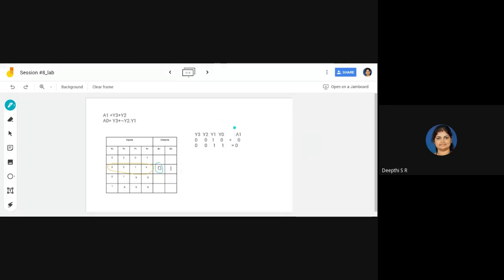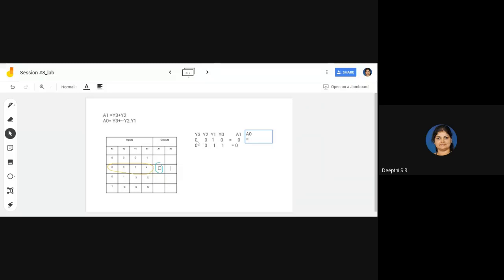Okay, we'll try with A0. So what is A0 now? See the equation here. A0 is nothing but y3 plus NOT of y2 into y1, that is our operation. So we'll use the same input 0 0 1 0.